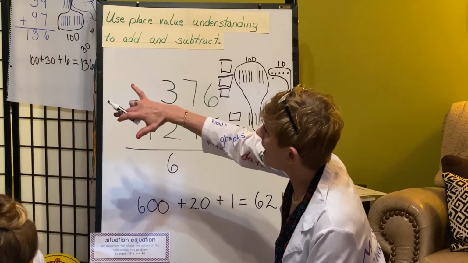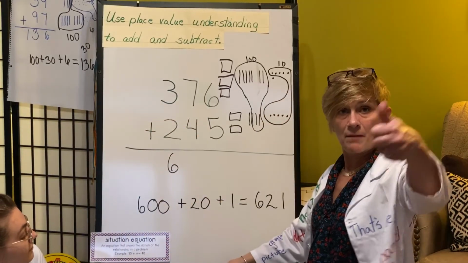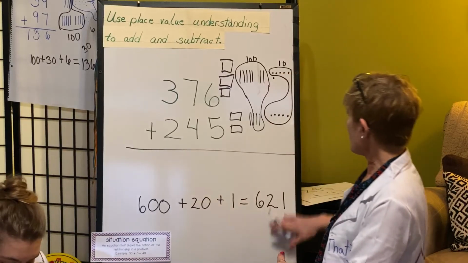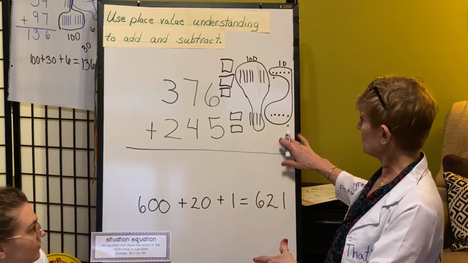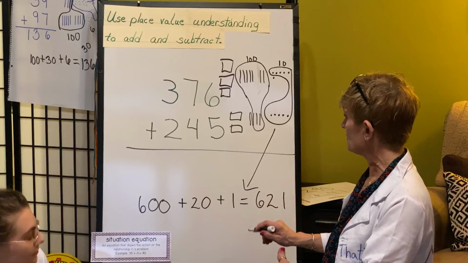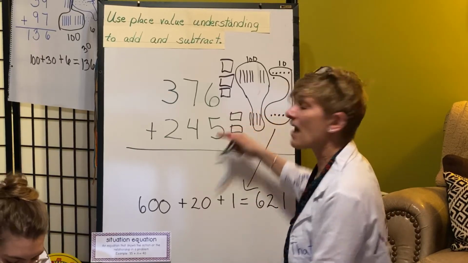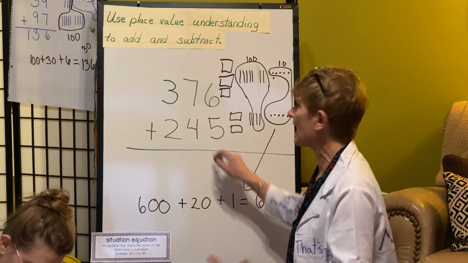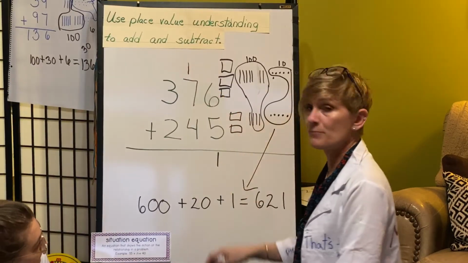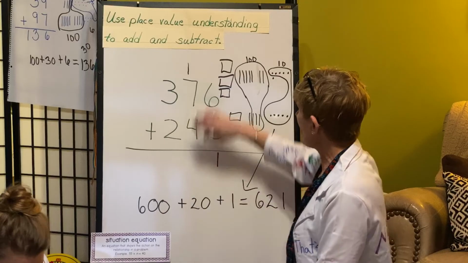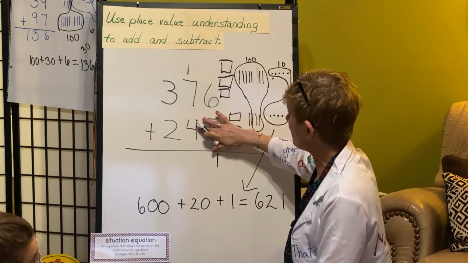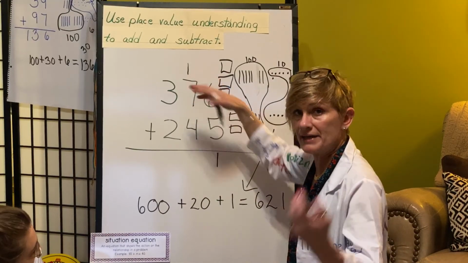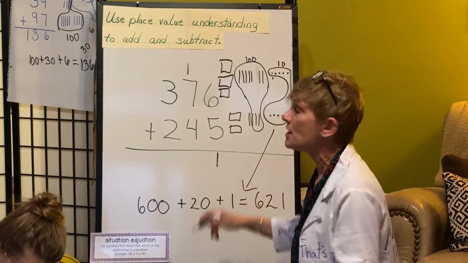I'm going to try that now, friends, with another method. I'm going to use my new groups above to see if I agree. So I'm going to get rid of that 600 here. That was my visual. Okay, so 6 plus 5 is 11. I know that. That leaves 1 behind, and I have a 10 that I bring to my tens place. Now I have a 10, a 70, and a 40. I can look at that as a 7, a 4, and a 1. I'm fine with that, friends. But remember, those